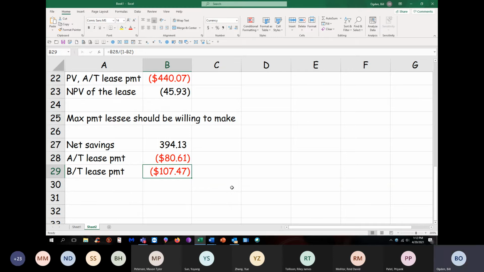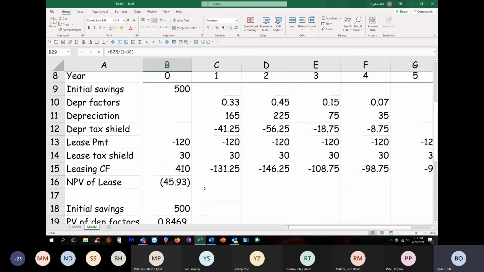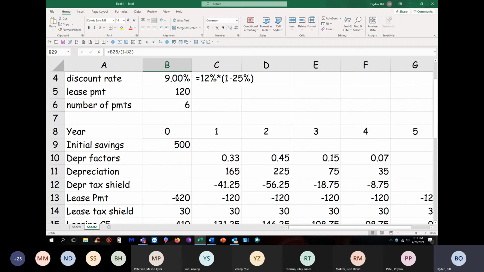No, I wouldn't say you would have time to do this on an exam, but can we verify that this is a good number? Well, I believe we can. If we came up here and you see this lease payment we have here, what if we set that equal to